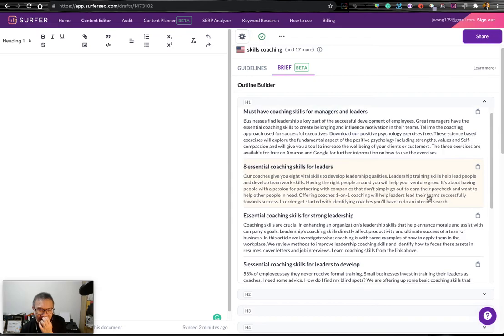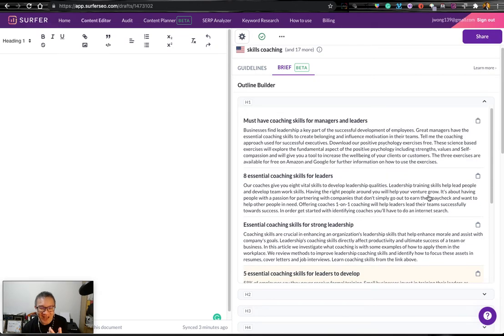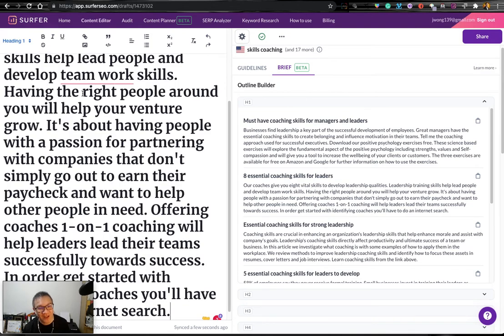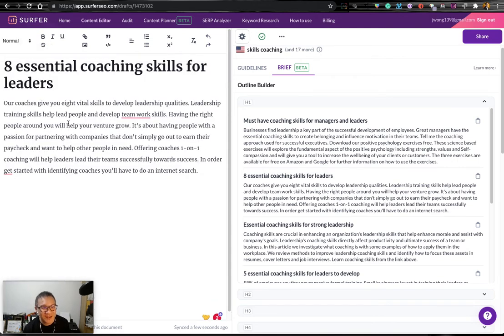So here is one thing. I actually quite like the second one, 8 essential coaching skills for leaders. So all I do is I just copy and I put it here. Oh my God, it's just too much, right? Because this is why the heading all this becomes important. Okay, so now I change the heading, you can see. But I can't just keep on copy and pasting and then finish the whole piece, right? So this is the reason why I